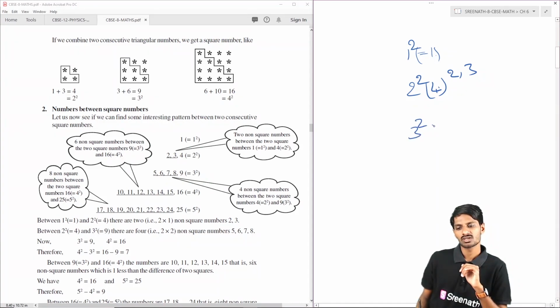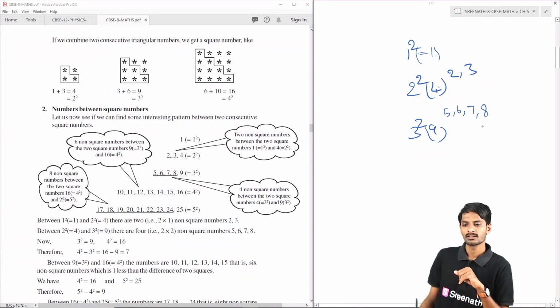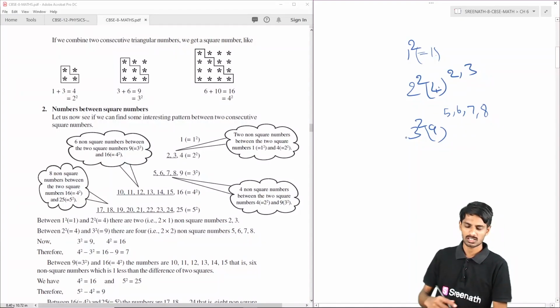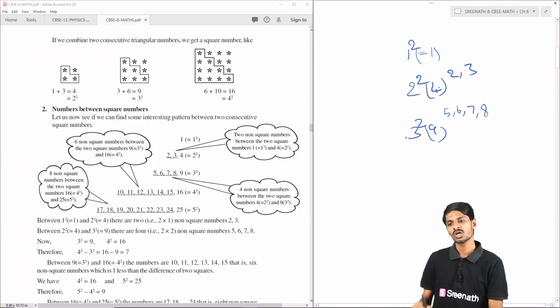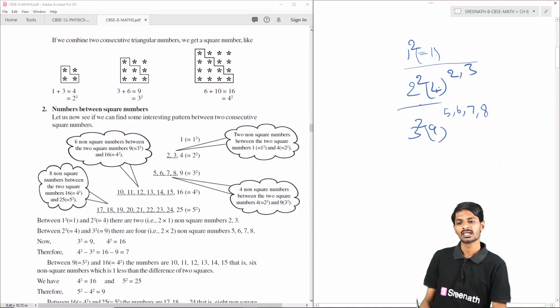And next thing is 3 square equal to 9. How many numbers are there? 5, 6, 7, 8. And it is the 9th number. So if this process goes on, here the question is about how many non-square numbers are there between consecutive or